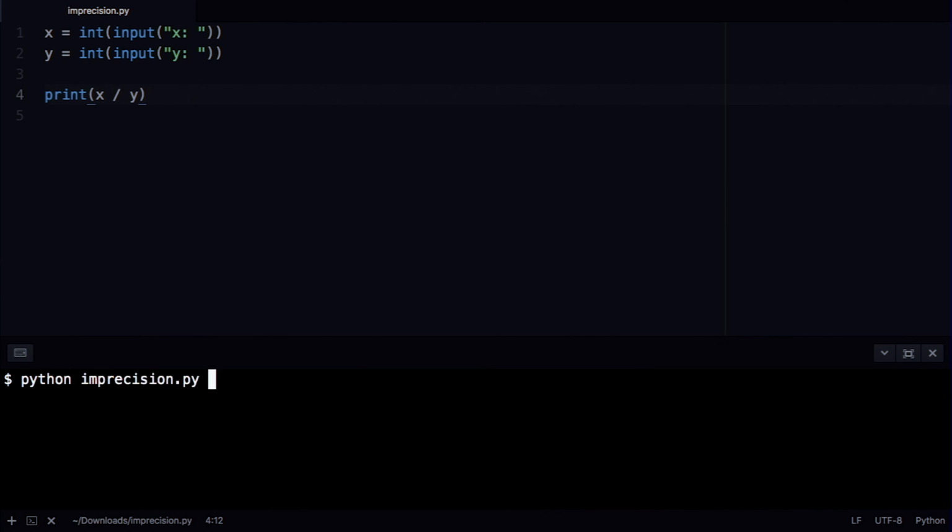Prompt the user for an input called x, converting their input to an int as always, asking for x, and then defining another variable called y, this time converting to an integer the user's input after prompting for y. And then quite simply, I'm going to print x divided by y. Let me go ahead and save this, and in my terminal window, run python of imprecision.py,